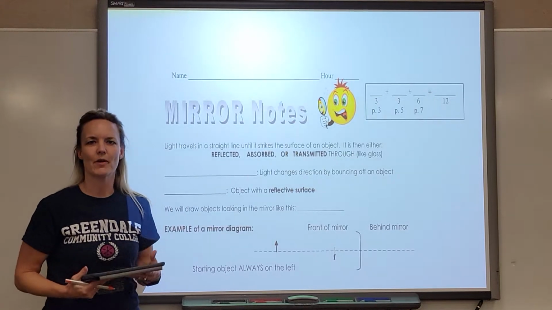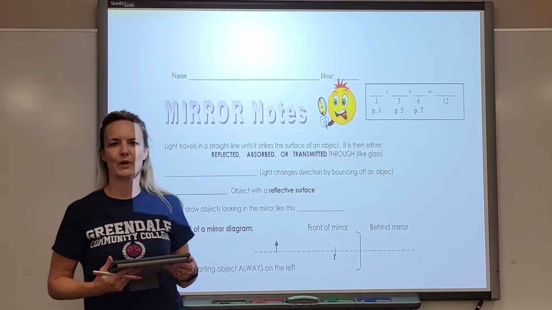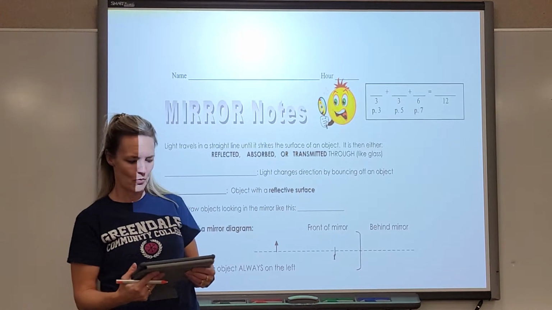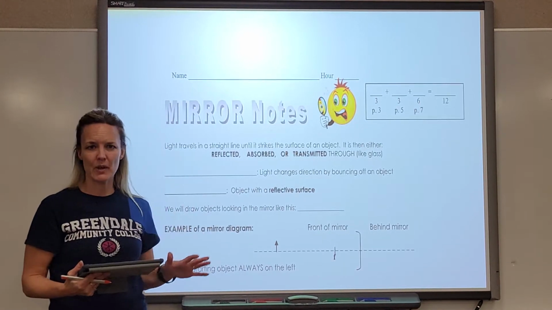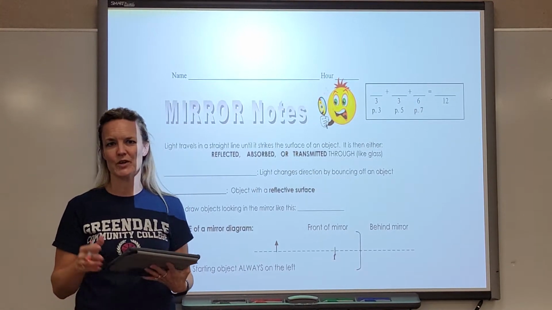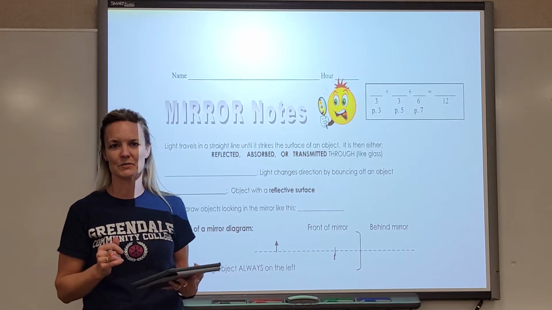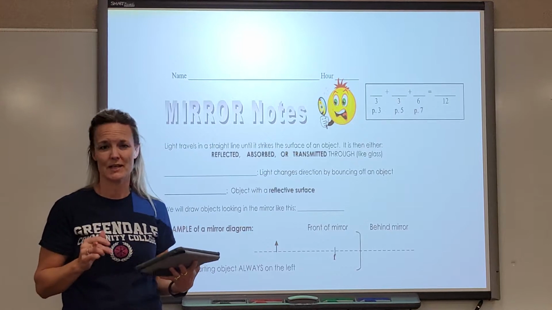Today we're going to learn about concave mirrors. We are going to go through pages 1 and 2 in your notes, and then I'm going to get you started on page 3, which will be your homework. Alright, the first page are definitions to help you understand some of the stuff. It won't make a ton of sense until we actually start drawing out some diagrams, and then it'll make more